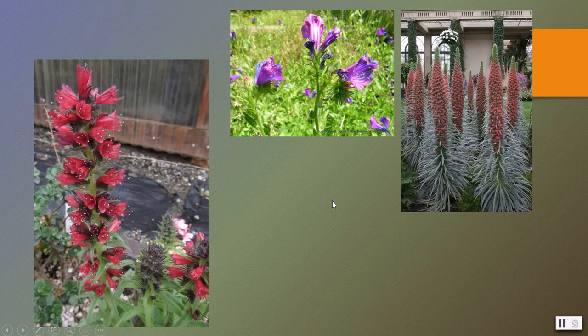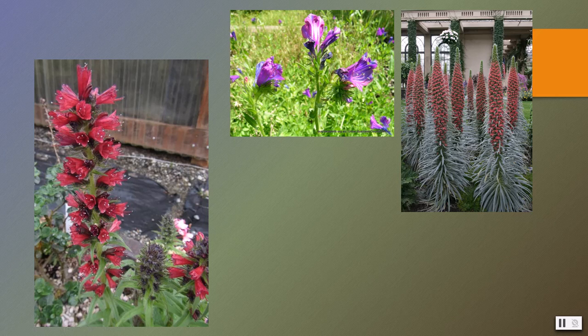So, as an example, here are three plants in the genus Echium. And they have similar flowers, but in growth habit and leaf shape and virtually every other aspect, including flower colour, they vary quite a lot. And this one here is Patterson's Curse. You may be familiar with it as a pasture weed. But all of the Echium plants are quite different, even though they're in the same genus, which is quite a